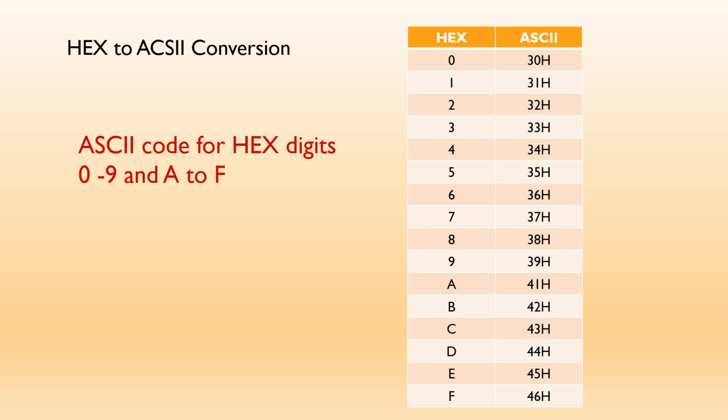So if I want to convert a hex to ASCII, if the hexadecimal numbers are from 0 to 9, then I'm going to add 30 to it. If the numbers are from A to F, then I'm going to add 37 to it. So 30 plus 7, because between 39 and 41 there are 7 numbers. So totally I'm adding 37 if the hexadecimal numbers A to F are to be converted into the corresponding ASCII.